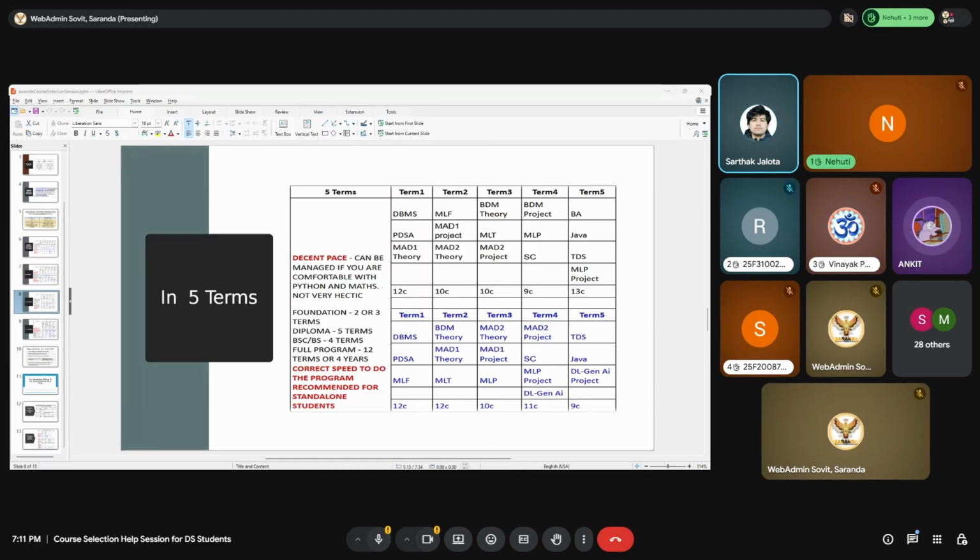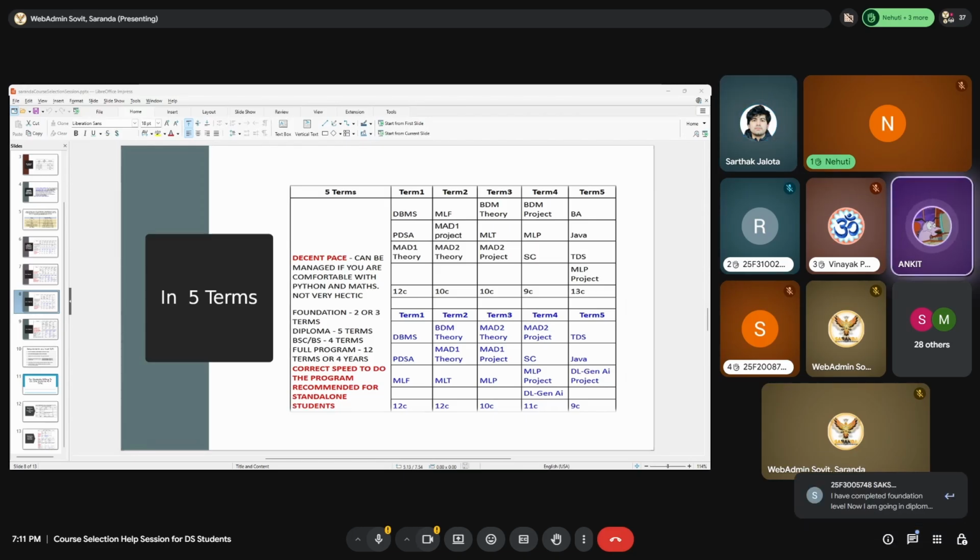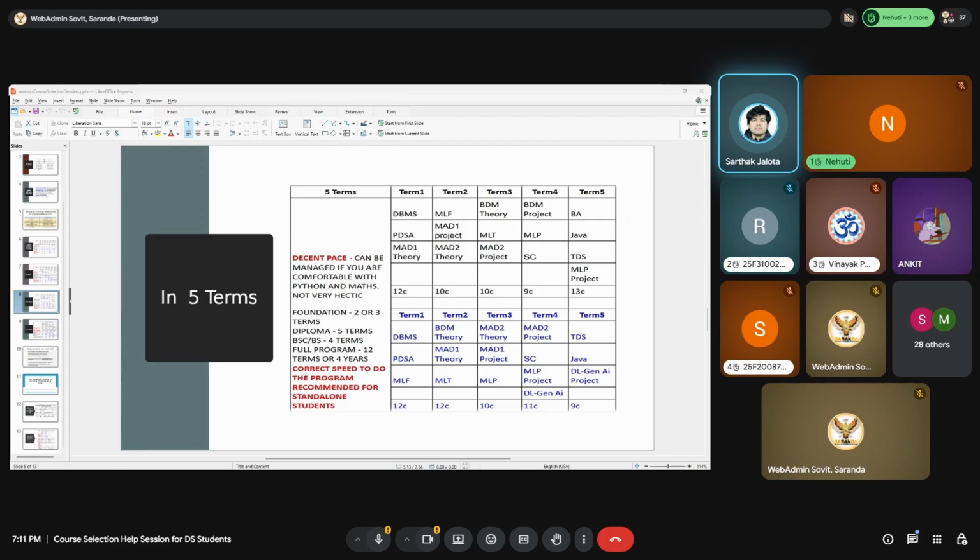और ये मैड टू प्रोजेक्ट और बाकी सारे प्रोजेक्ट्स के भी स्टेटमेंट्स चेंज होते हैं। मैड टू का जो प्रोजेक्ट है, वो जो स्टेटमेंट रिलीज होती है वो 8 मंथ्स के लिए वैलिड होती है। एमएलपी और डीएल की भी हर टर्म नई स्टेटमेंट्स आती हैं, और बस मैड टू की 2 टर्म्स तक रहती हैं। और एमएलपी एंड जेनएआई वाले जो प्रोजेक्ट्स हैं वो रिलेटिवली ग्रेडेड होते हैं।